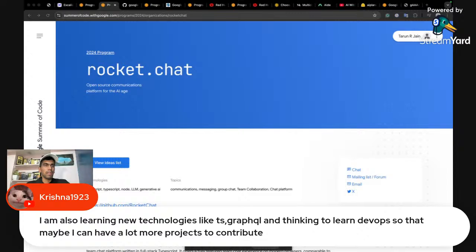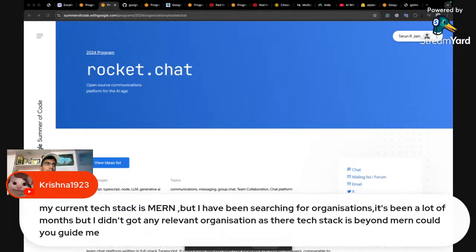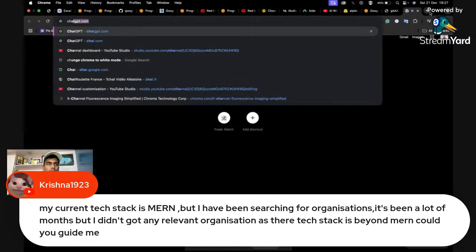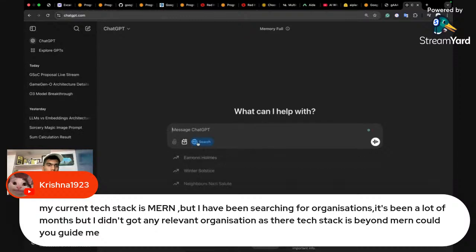If you directly jump into the existing code base of an organization, it might be overwhelming. So try to contribute to small projects, and once you have learned one, check for projects which are using it. You can go to GitHub. Probably what you can do is go to ChatGPT, click on Search GPT, then add your tech stack and ask: give me GitHub projects or repos that I can contribute to.